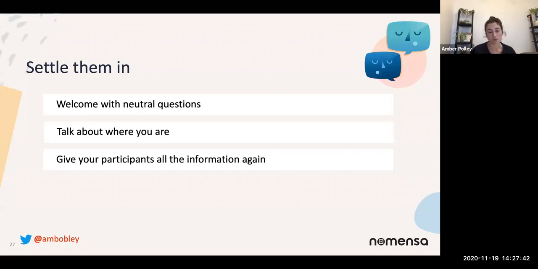So why you're doing the research, how you're going to be doing the research, what's expected of them throughout the session and what that's going to involve. And also at the end, have a chance to check in again, because your participants might have given informed consent 2 weeks prior, and within that time they might have thought, actually I don't really want to be talking about this again with someone, but they potentially haven't had that kind of interaction with someone to tell them that they don't want to do it. So you really need to give them that chance just before the session starts, and check in that they really are okay, once they've been given all the information again, to go ahead.